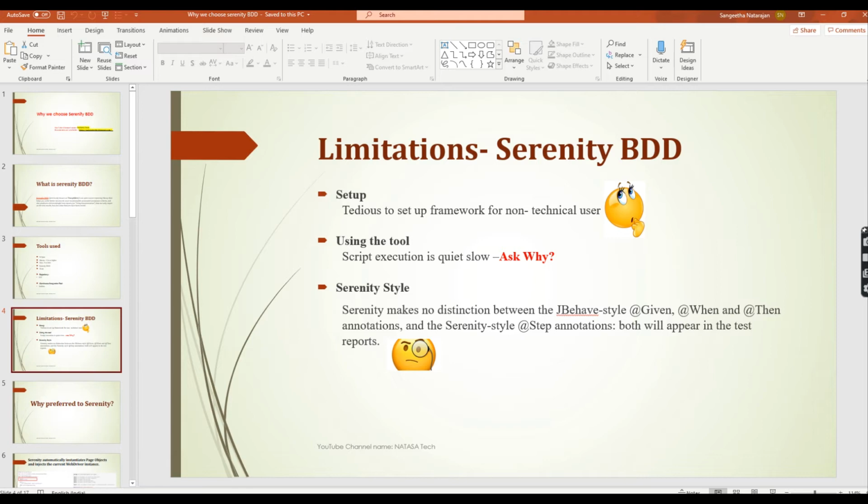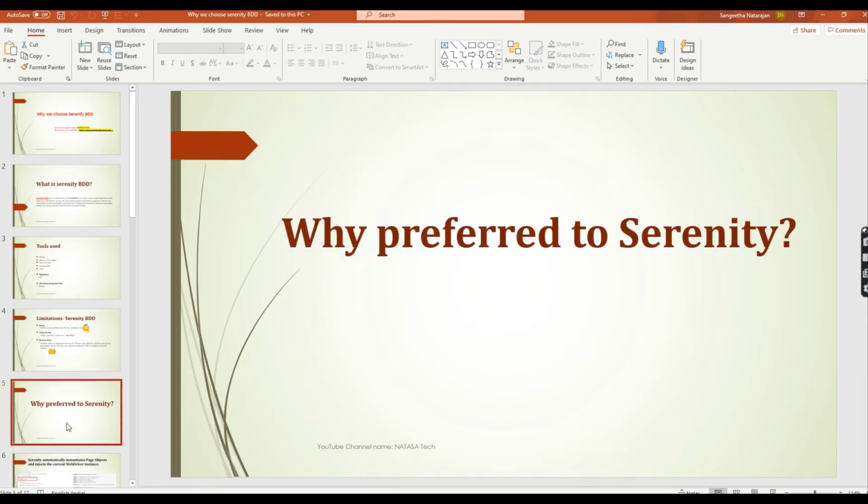But when we look at the Serenity report, it is merged together, which means the given-when statements and the step statements are all covered in your report. Then you will be a little bit confused about which steps are covered under the given-when-then and which steps are covered under the steps annotation. So this is a little confusing, as we are not able to segregate which is the given and which is the step.